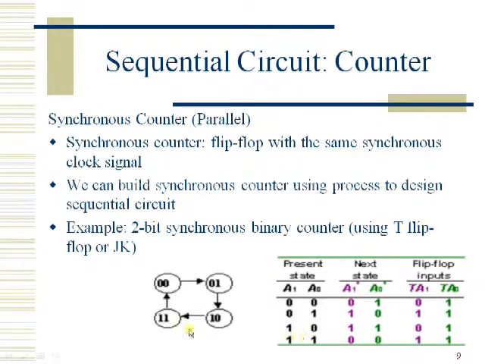Now here initially we have to draw the state diagram, which is shown here. The initial state is 0 0, and the next state for this 0 0 is 0 1, and the next state for this 0 1 is 1 0, and the next state for this 1 0 is 1 1, and the next state for this 1 1 is 0 0. This kind of diagram is a state diagram, where it is going to show us the next and previous states of the present state. This is the present state, this is the next state, and this is the previous state.